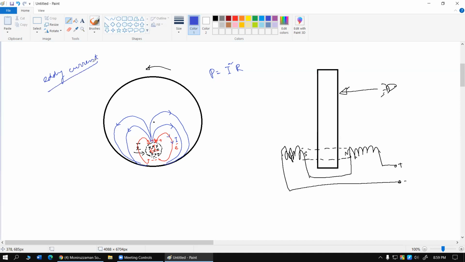Now, if we try to go for the idea of the law of conservation of energy, this heat energy will be coming from the kinetic energy of the disk. Kinetic energy of the disk will convert into heat energy by eddy current,